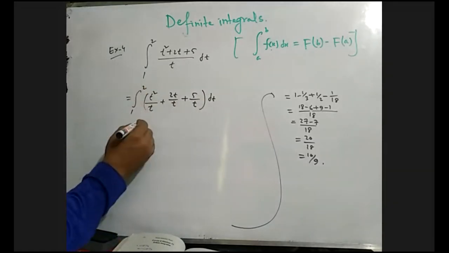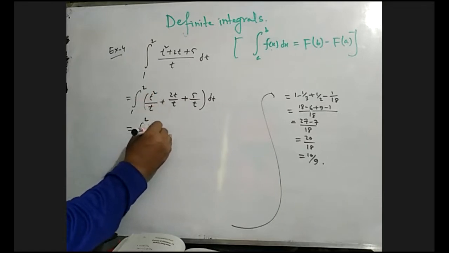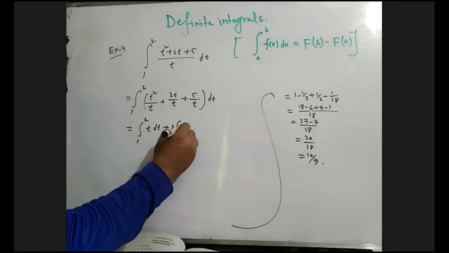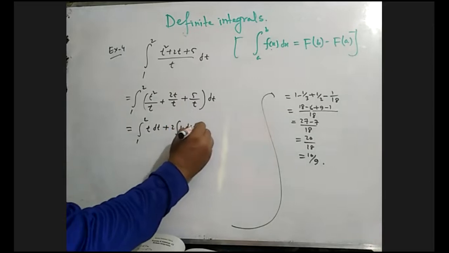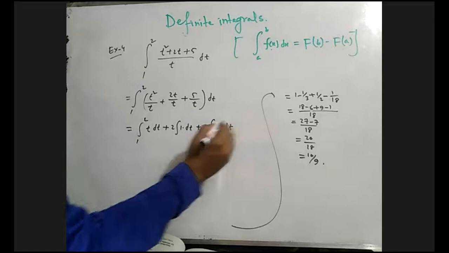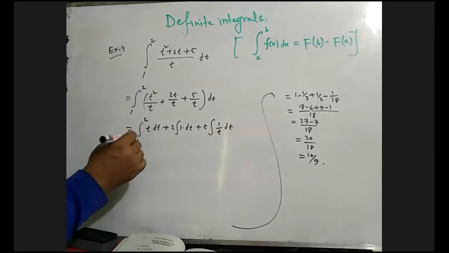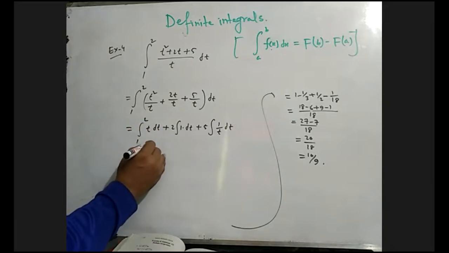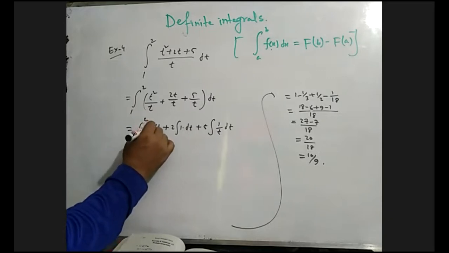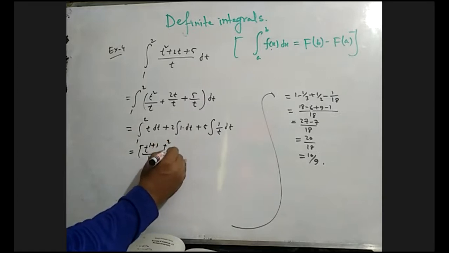So now using the sum rule, from 1 to 2, t square by t means only t dt, and t and t cancel, so we have to make a formula with 1 with respect to t, 5 into 1 by t formula dt. Now, integration of t with respect to t, what? By using the power rule, 1 plus 1 divided by 1 plus 1. Here the power is 1, this is why n equals 1, x to the n plus 1 divided by n plus 1, from 1 to 2.